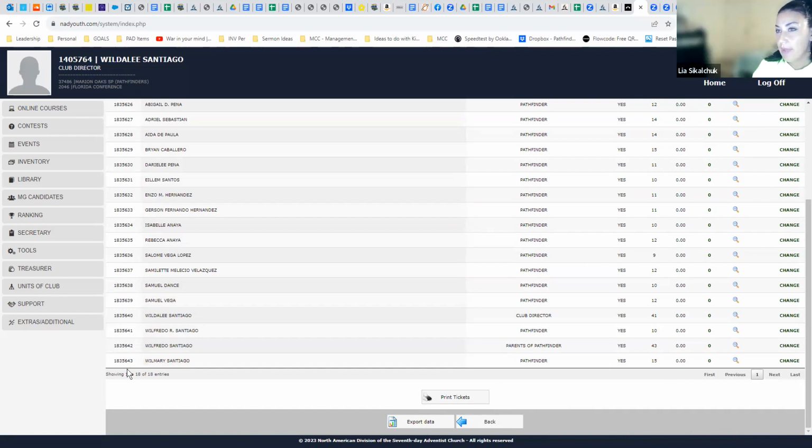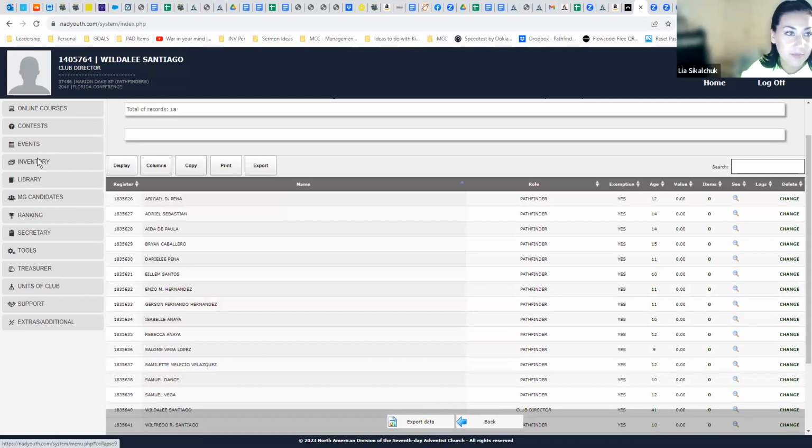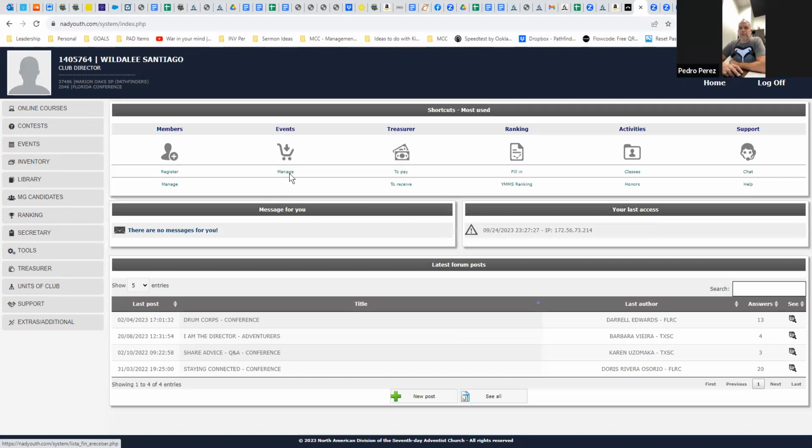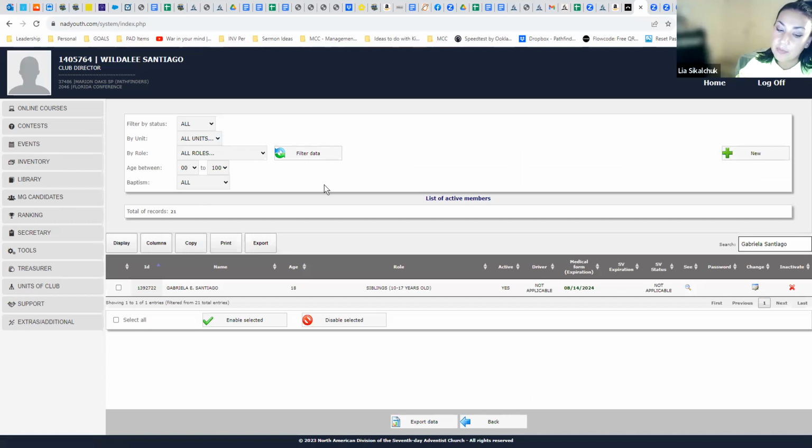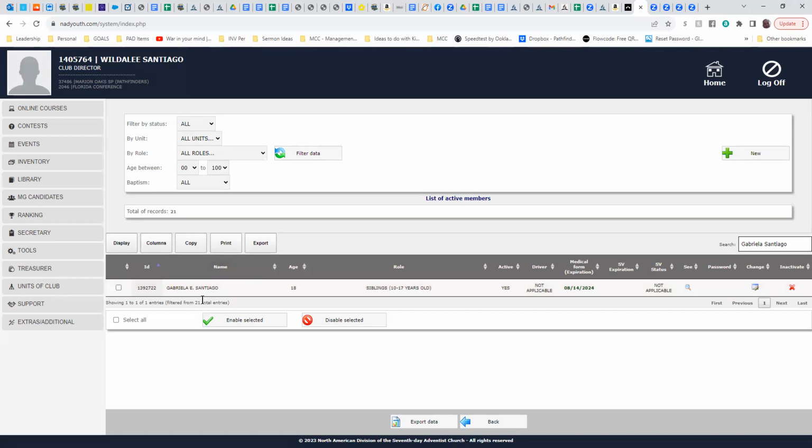So when you go to manage members, if you see 18 members, that means that she did the whole club. So the whole club is 21. So there's 3 people that are missing from the registration. Correct. And she said those people were inactivated. Yeah, you see the total of 21. They're inactive. Yeah, they're inactivated. One of them is my daughter, who's 18 already, and the other one she was the